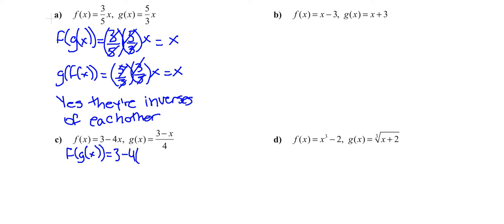4 times 3 minus x over 4, which equals 3 minus 12 plus 4x over 4. And you want to make a common denominator, so you can extend that,